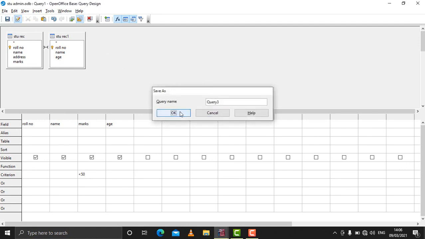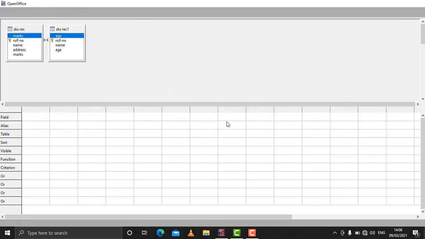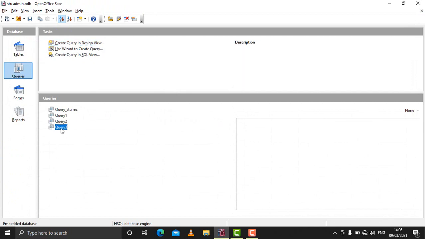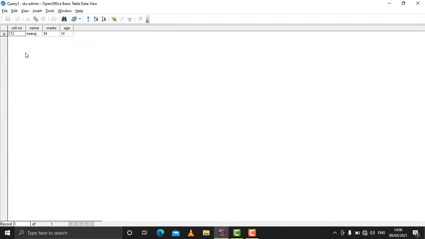It will ask for the name, click on OK, and then close it. So query 3 is created here. Double click on it. You can see only one record is matching the criteria, that is less than 50, and it is showing 4 data: roll number, name, marks, and age. These are from 2 different tables.